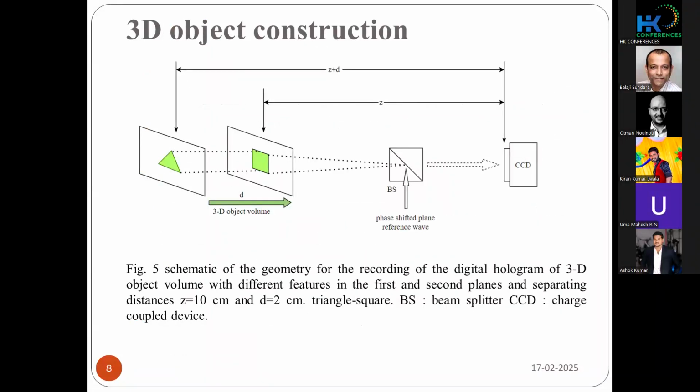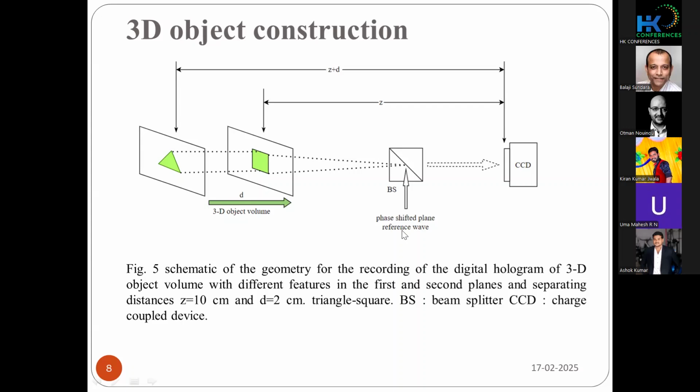So next, I will be using three-dimensional objects in order to form the data set. I have considered 4 three-dimensional objects in this particular experiment: triangle, square. I'll be using square in the front plane and a triangle in the back plane. The front plane and back plane is separated by a depth called d. So first, I will capture the information from the front plane. Then I will capture the information from the back plane. I will combine both front plane as well as back plane information at the charge coupled device in order to form object wave. Then I will be using reference wave, where the reference wave will be having different phase